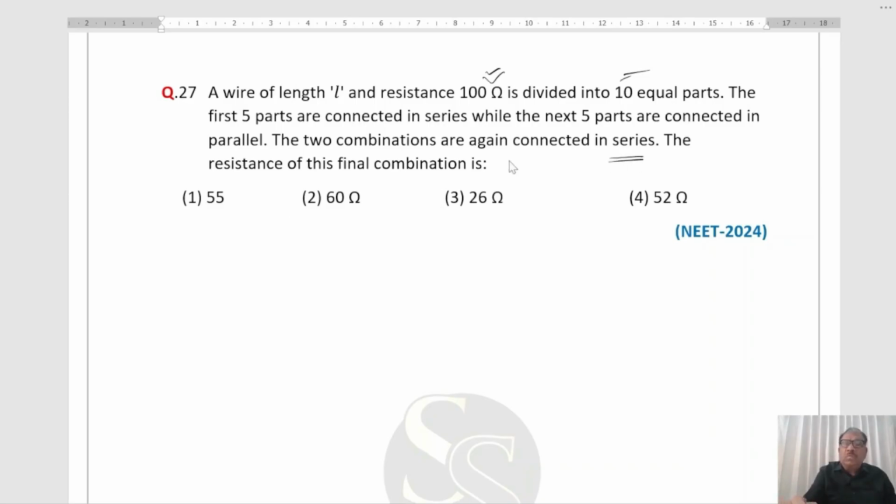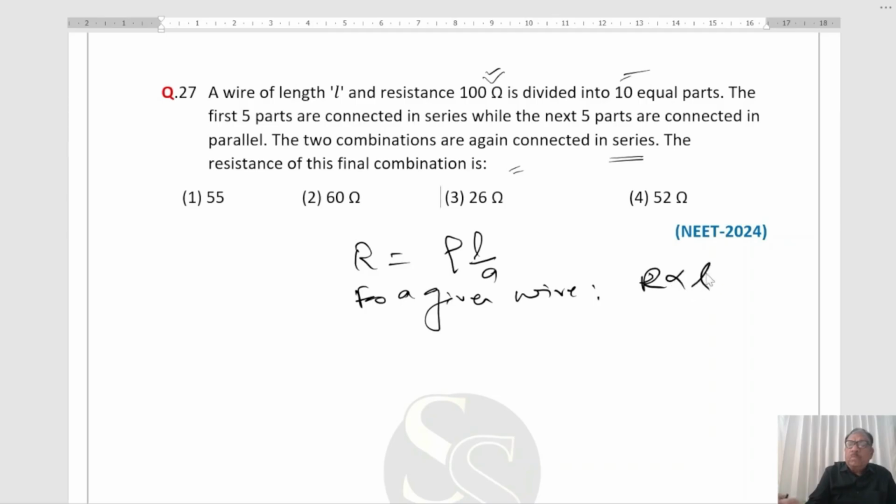The resistance of this combination is, R equal to rho L upon A. Now, in this case, for a given wire, given is the area constant and rho constant, R proportional to L. Therefore, 10 parts